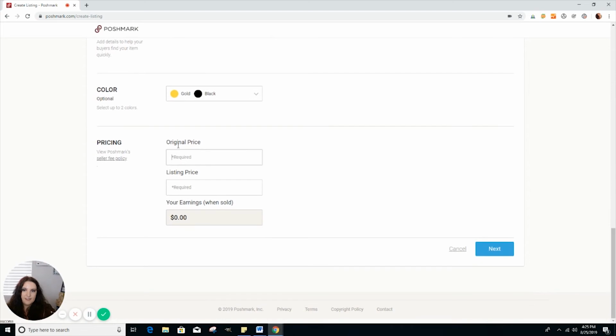Now here you're going to select the original price and the listing price. When it comes to pricing, you want to overprice rather than underprice, because customers have the option to make a bid on the item and make an offer. And normally 9 out of 10 times, customers will come in pretty low. So you want to be sure to give yourself enough wiggle room and negotiation room. So here you're going to put